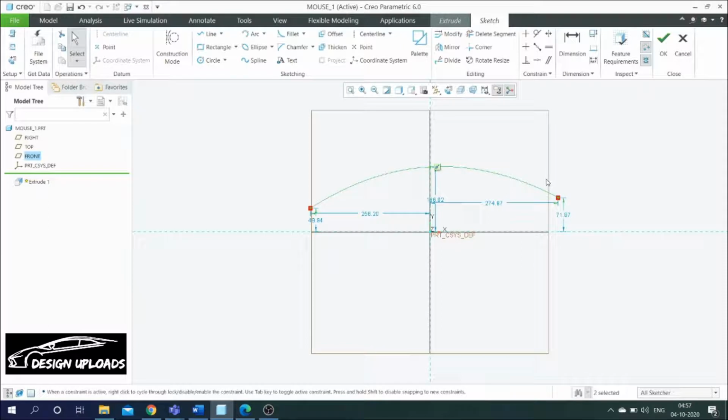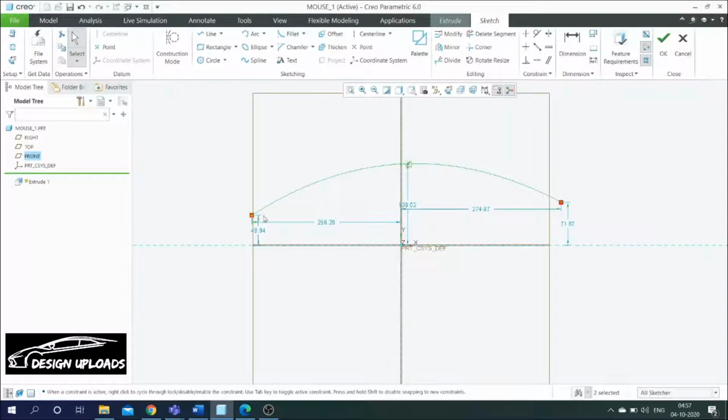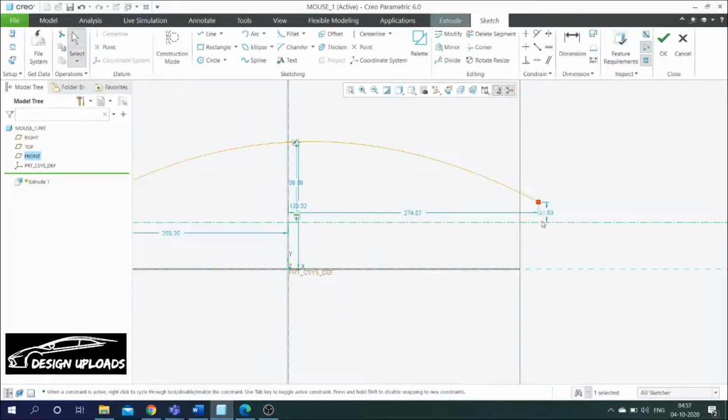After that we need to ensure that the first point and second point are lying on the same line. For that I'm going to create a center line. I can see there's a difference between the second point and the center line. To overcome that difference I'm going to make it 0.